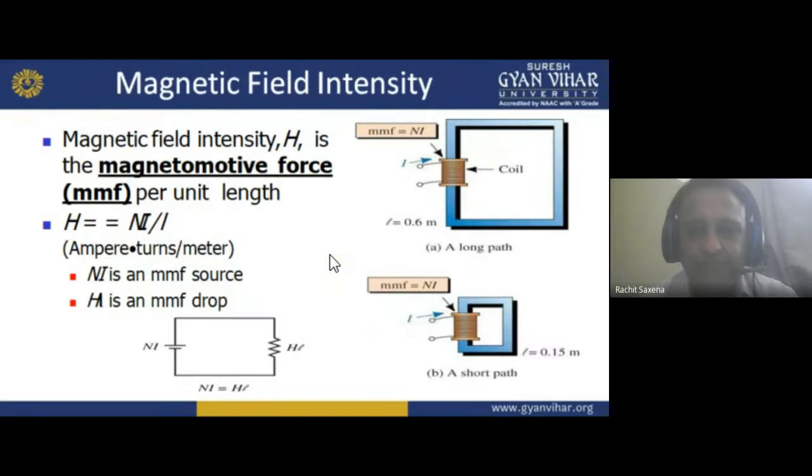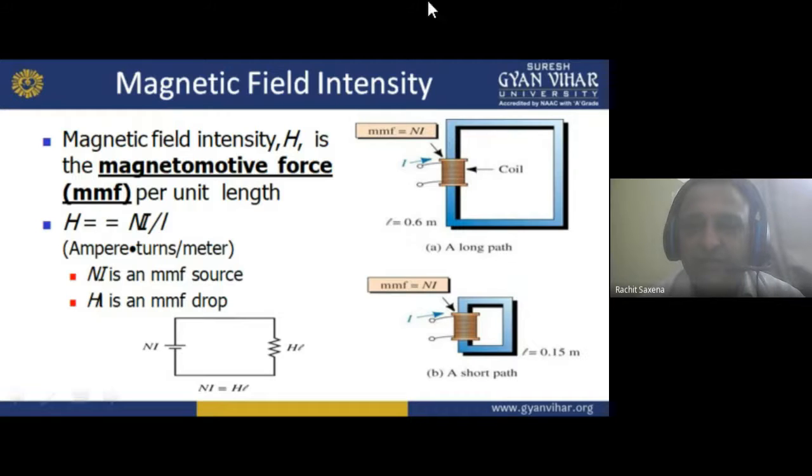Now move forward. Now try to understand how it works basically. See, for magnetic field intensity, there is a coil wound on a core, and we have a magnetic core. This is your coil. In this we wound a winding on it. This is a core, or a path where flux can move from one end to another end. It is square in nature, not rectangular, so all sides are equal and the area will be equal. But if it is rectangular, then the area will change. Understand? I hope you understand about this. Okay, just read it.